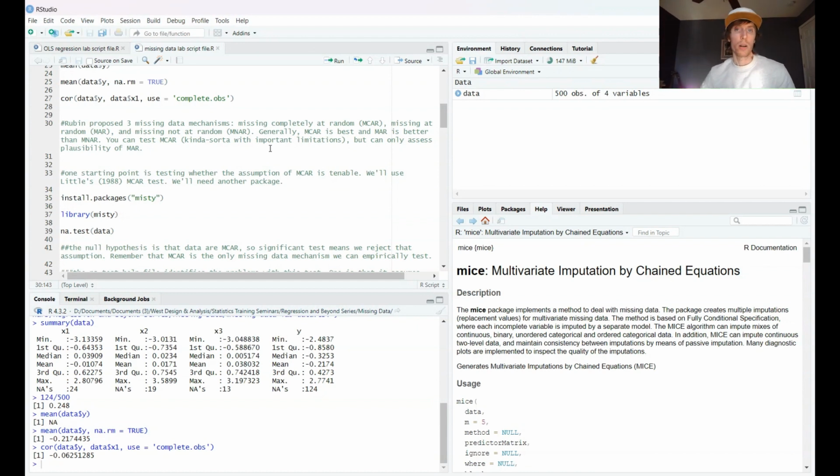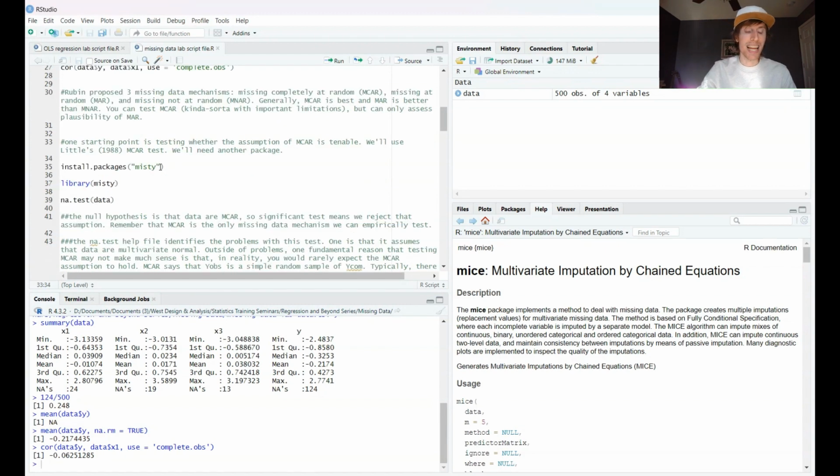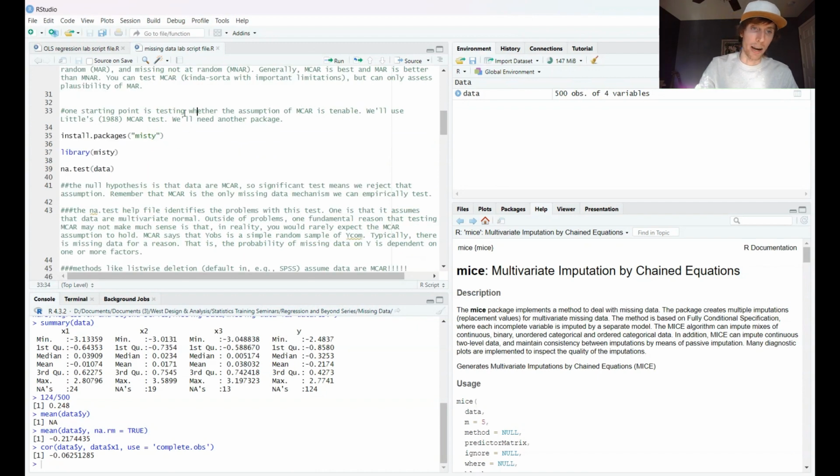In principle, you can test whether the data are MCAR, missing completely at random, with some important, maybe critical limitations to that for a lot of practical applications. But you can otherwise only assess the plausibility of missing at random. And I'll be showing you how you could do that, and I'll talk a little bit more about what these terms mean, and I think you'll see why they're a bit